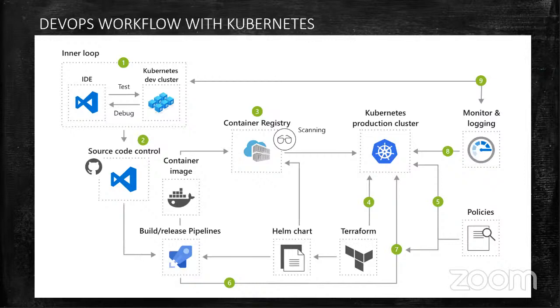I don't need to perform this activity as a separate service. Whenever I'm creating the Azure DevOps Starter service, my Azure Container Registry service also gets created. So I don't need to create it separately as a pay-as-you-go service and pay separately. All those things will be clubbed together when I create an Azure DevOps Starter service in Azure. Along with that, the next is the Kubernetes production cluster.